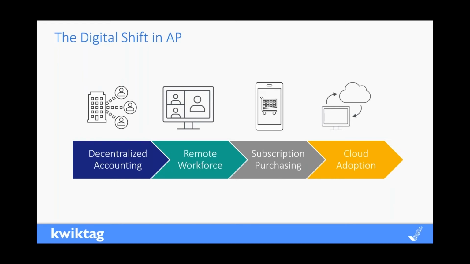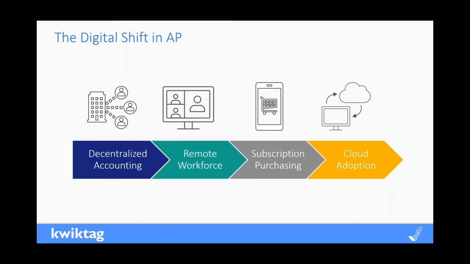But what came with that decentralized movement is that a lot of budget owners, invoice owners, so to speak, were then receiving invoices at wherever they were working, right? From their home office, from the beach, from the Starbucks, whatever. And they were coding and approving those invoices and sending them in to the AP team. Now, when you're in a remote office, you have obviously a lot more access to the company resources to help facilitate that. But when everybody went home, this proved to be a huge challenge.